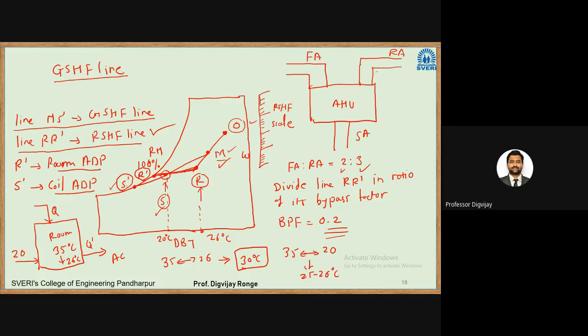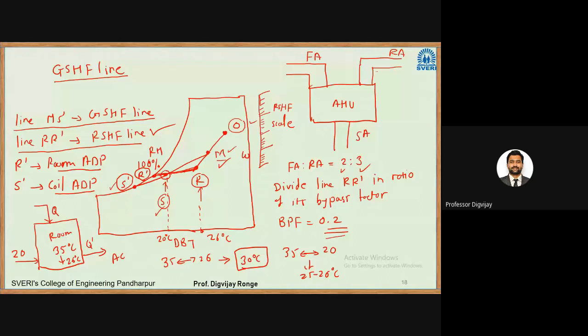Now point S dash is coil ADP. So in some examples, this coil ADP will be directly given to you, and in practical examples also, coil ADP is known because the manufacturers of cooling coils give you the coil ADP readily. Room ADP is the factor which changes. So room ADP, that point R dash, that value changes depending on the condition,